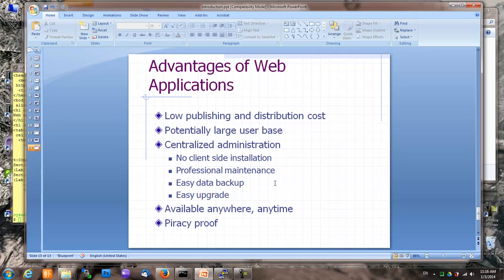But as broadband networks become more and more available, and as technologies like Ajax and RIA help improve the user interface of web applications, the disadvantages of web applications are diminishing, and the advantages remain